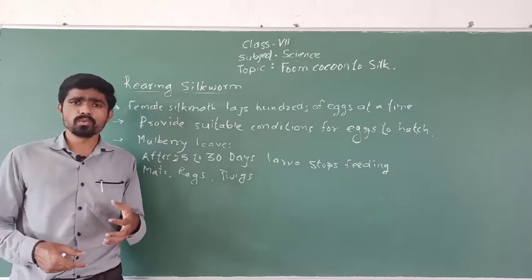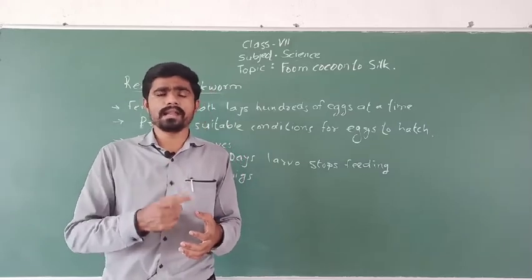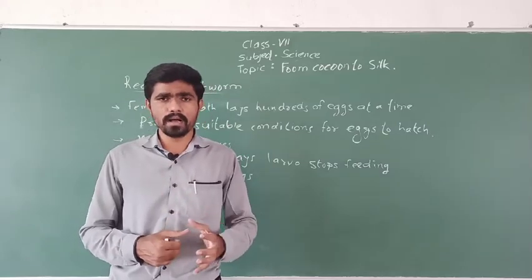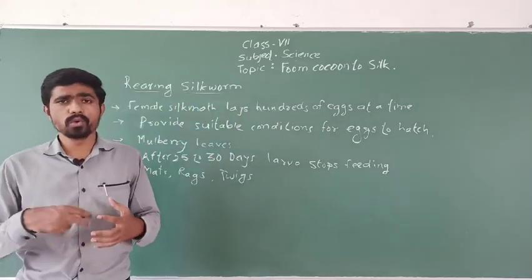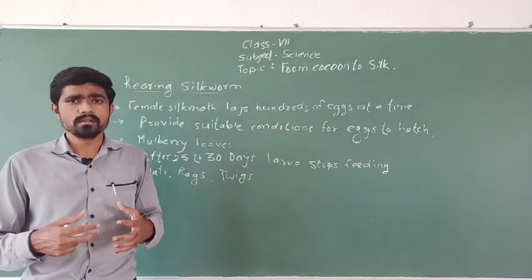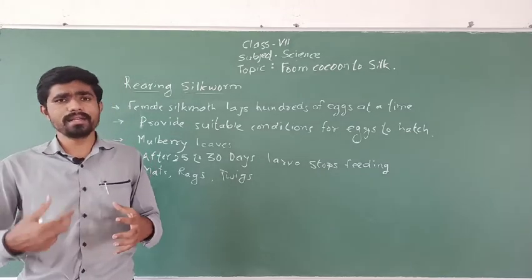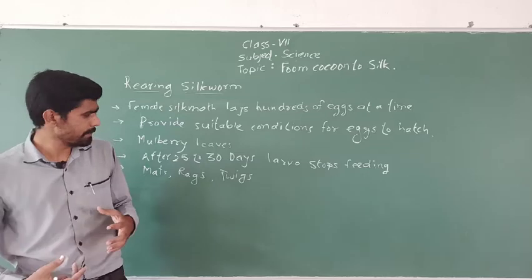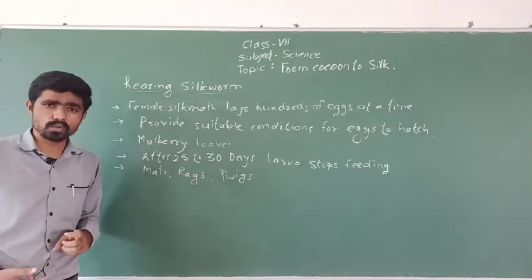What is a cocoon? A cocoon is nothing but silk threads, and inside the cocoon what is there? Pupa. The organism now inside is called the pupa. The pupa will grow, and it is further going to get converted into the adult silk moth. Okay, so in this way the rearing of silkworm is done. The cocoon is allowed to form now.